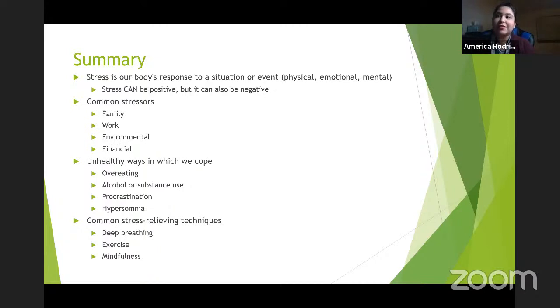And we know that stress can in fact be positive. It's that eustress. Eustress has that optimal performance level. We like that, but it can also be negative. So too much stress, too much emotional exertion or physical exertion can lead to burnout. It can lead to us having a breakdown, not very motivational at all. Some common stressors include, but are not limited to, family, work,